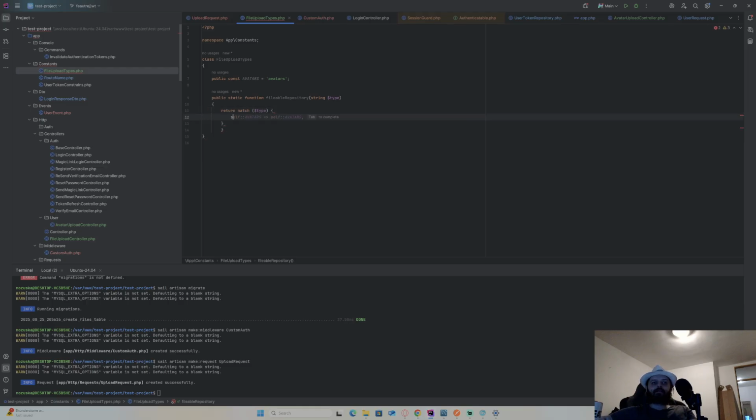Okay, now we have self avatars and the repository that I will have there. I'm just gonna put class here. It's gonna be user repository class. Okay, no, I need this. Let me remove this one. Okay, and by default it's gonna be just new exception.